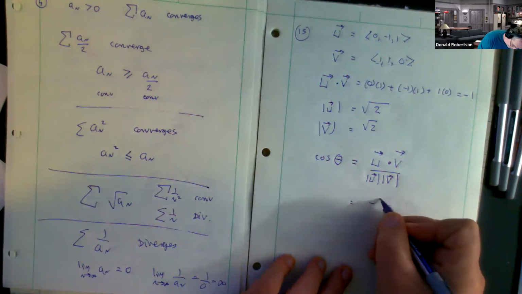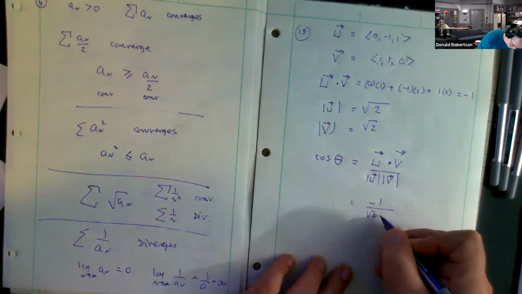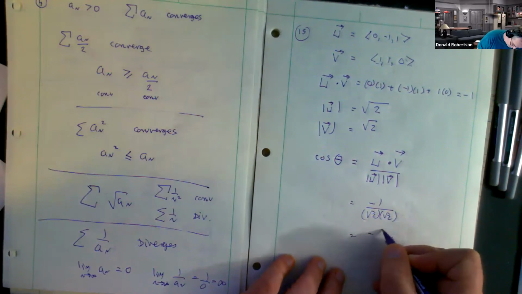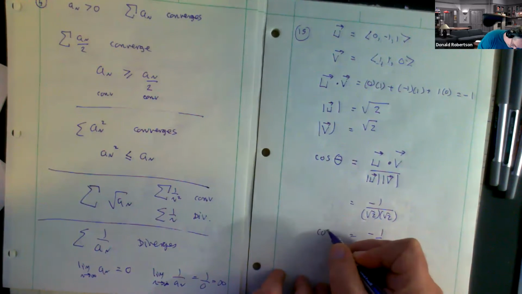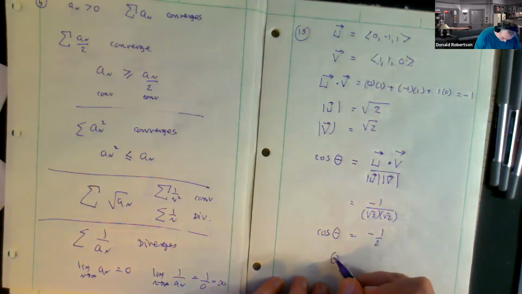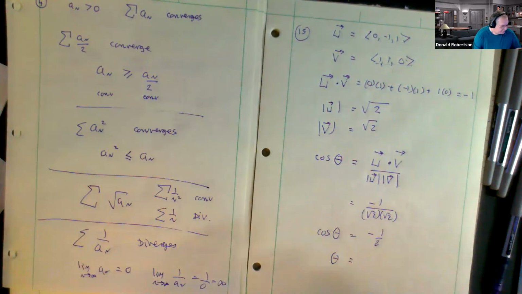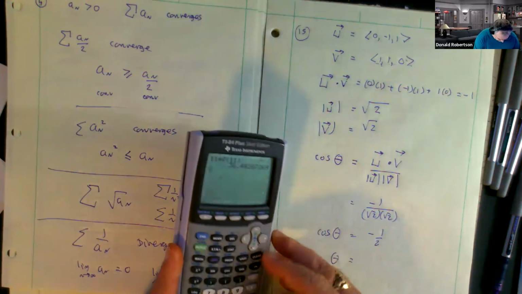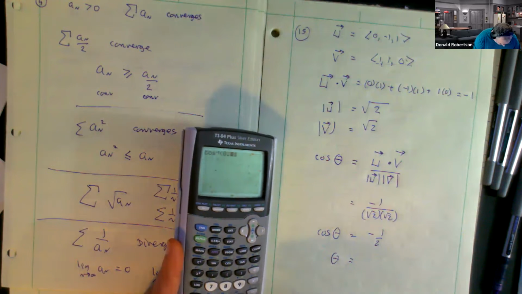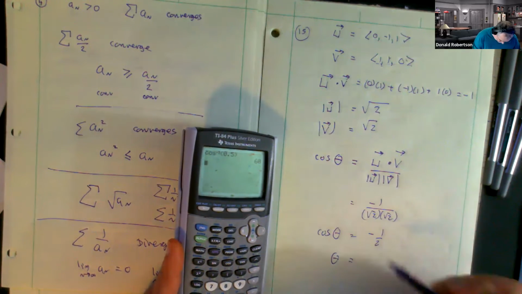And so -1 over square root of 2 times square root of 2, which ends up being -1/2. And the inverse cosine of -1/2, at least in degrees, although I could have got it with my unit circle, I'm just going to do it this way, is